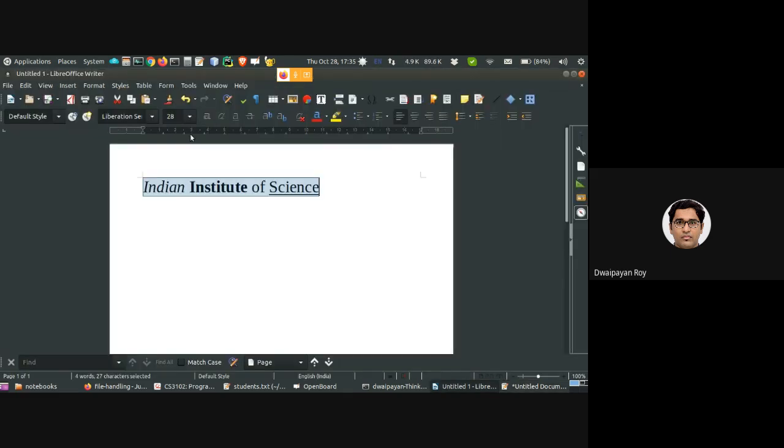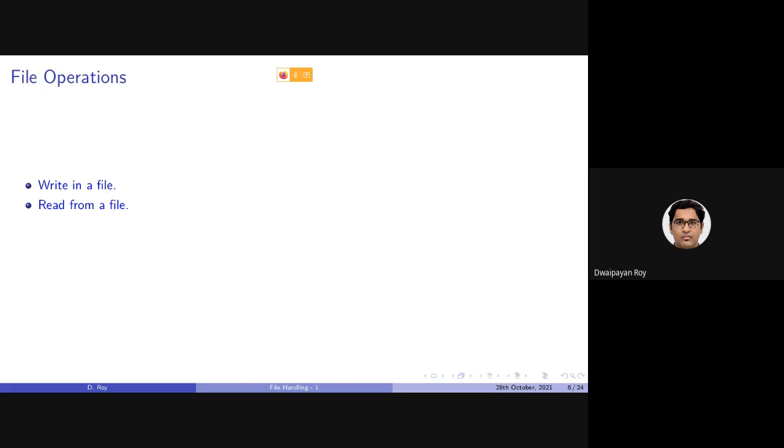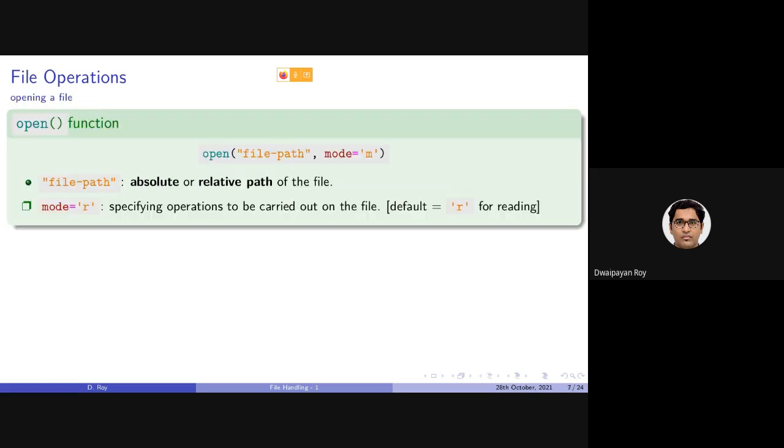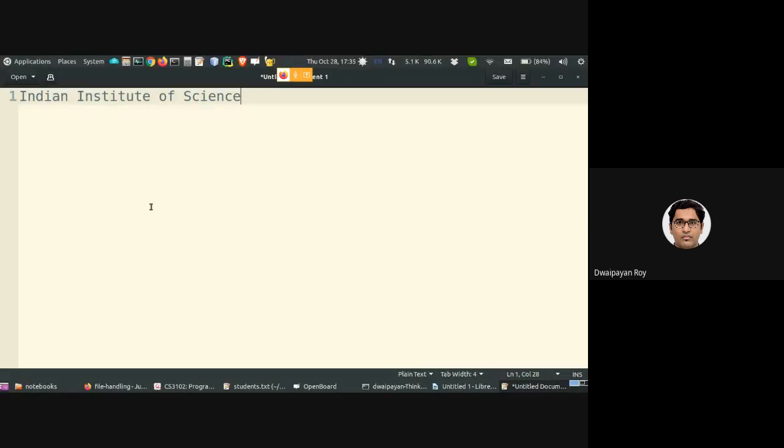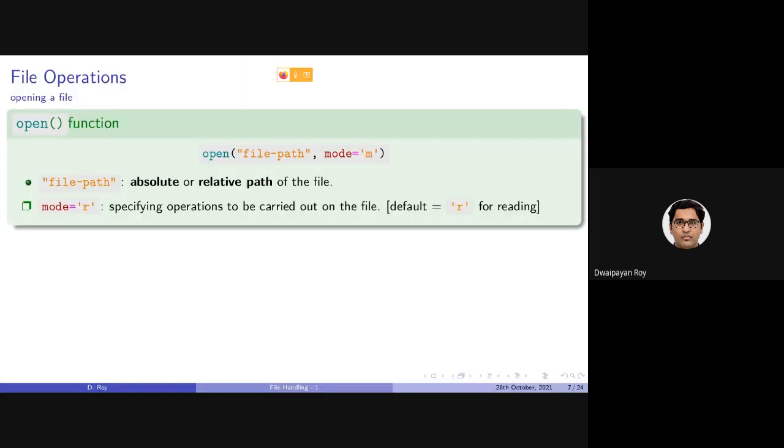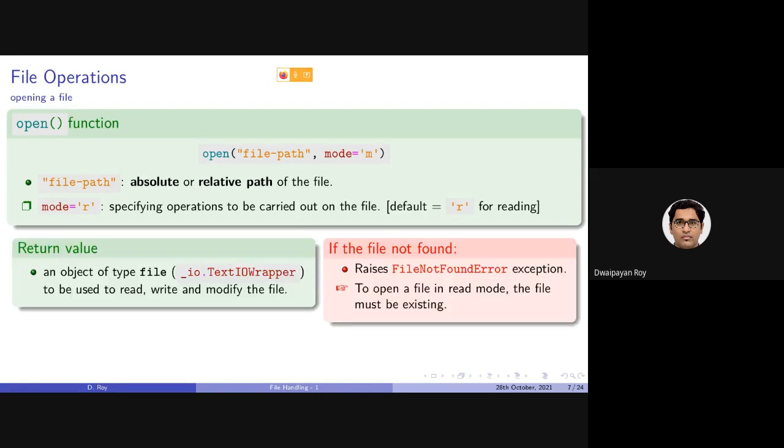Although there is textual information stored in docx, ODT or doc files, there is other information like formatting information which is also stored in these files. Those types of files are not handled, or we will not be able to handle them, using this kind of open operation. There are other ways of doing that, but as I said, here we will only consider the raw text file.